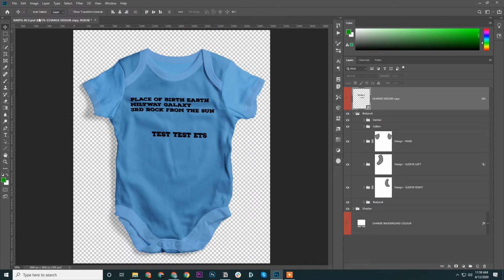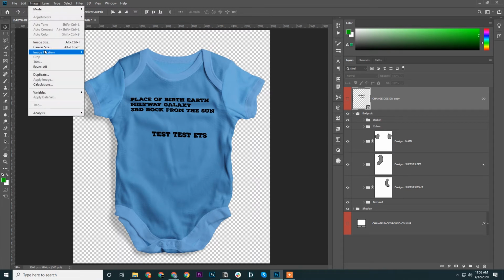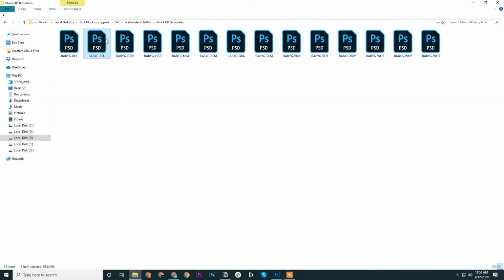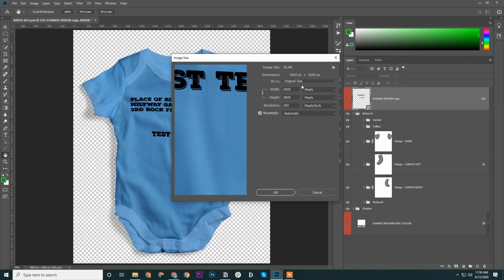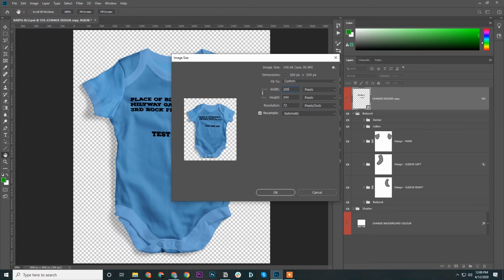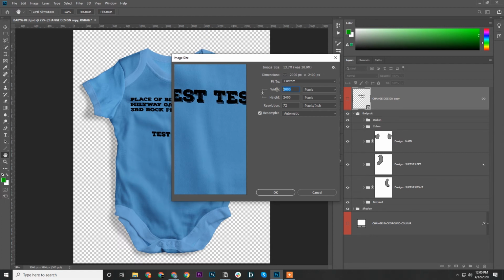If you are using this mockup for your website, I could see the image size is 3000 by 3600 pixels, and the resolution is 300, and it's making your file somewhere around 96 MB. This is not required. We do not require so much high resolution for web purposes. For web, you could change your resolution to 72, with the width somewhere around 2000 or perhaps 1600 pixels.